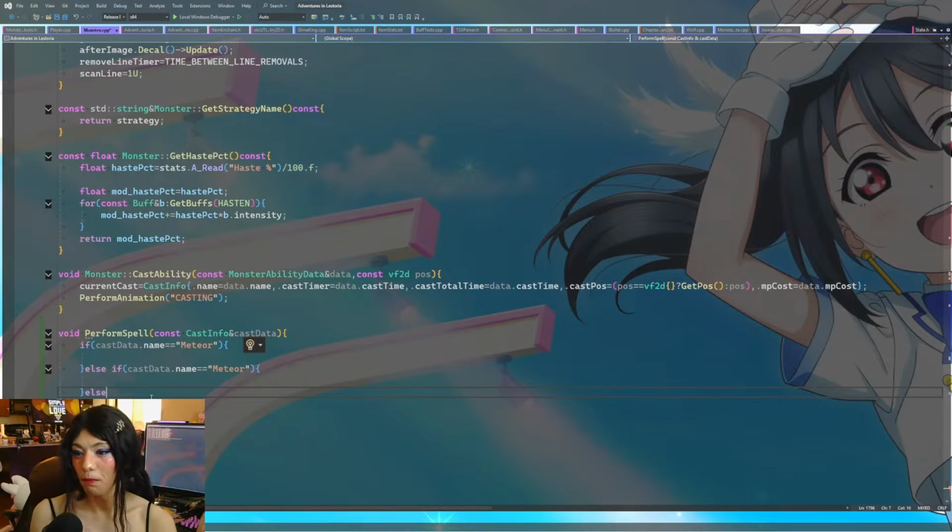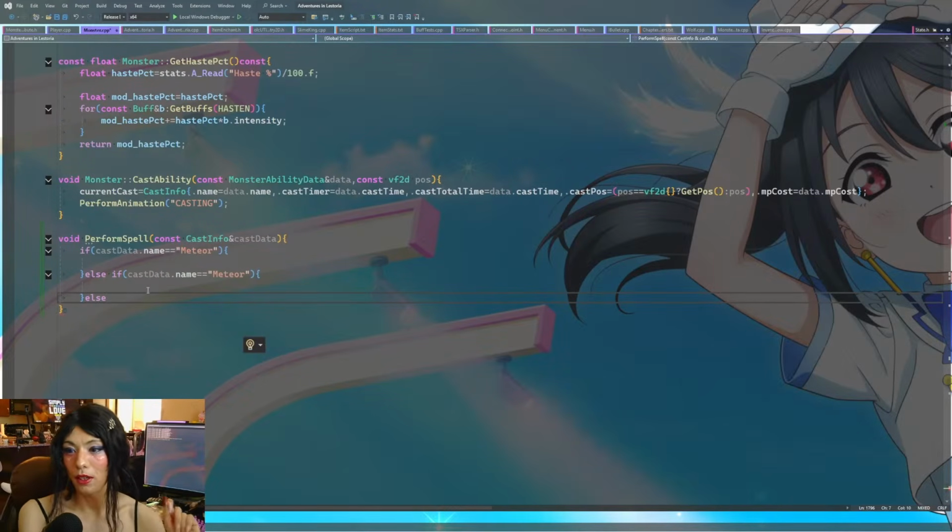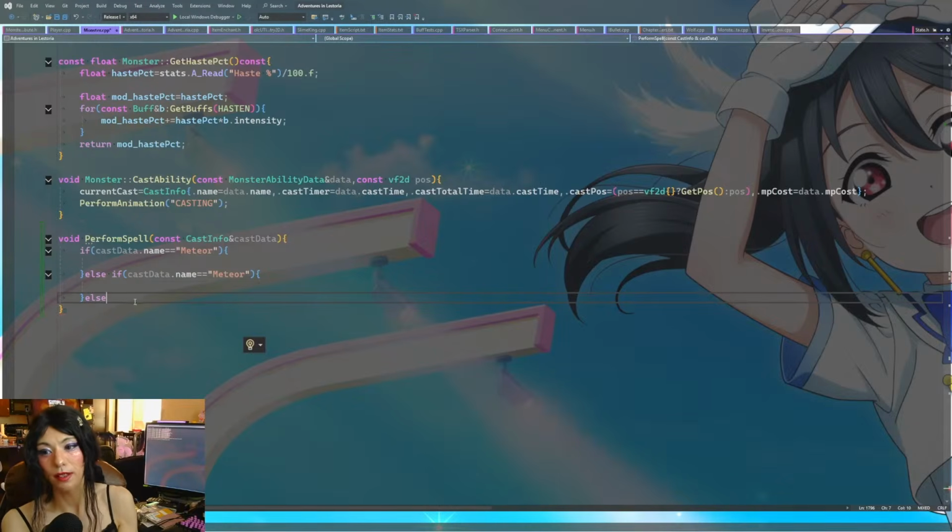But if we had more abilities, like we only have 6 or so abilities, but let's say we had like 30 or 40 monster abilities, I would probably make a new class, a static class, that has a bunch of abilities in a list. Each ability has a function that we define, and then it will run that function based on what ability name was provided. So for example,